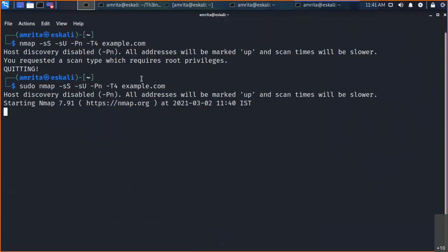We expect from here the ports which are open. Since it is a demonstration, it takes some time. Because of that, we have given all these commands in the PPTs also, so that if we are unable to run these commands in a short time, you can run them on your own.